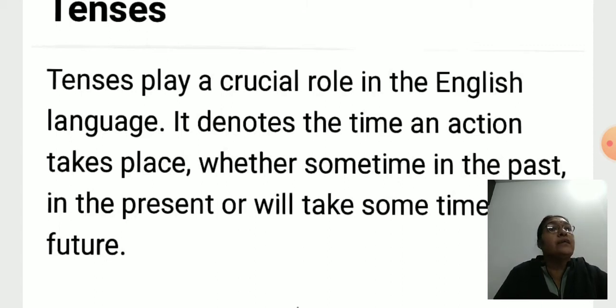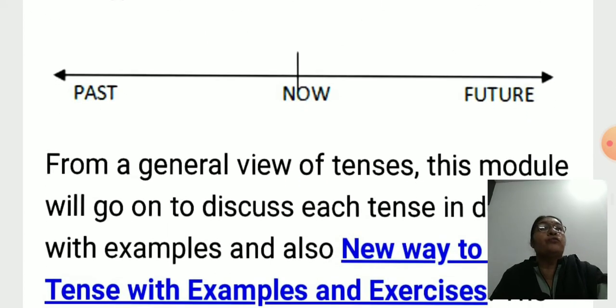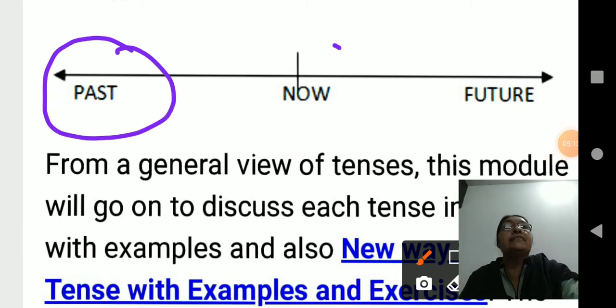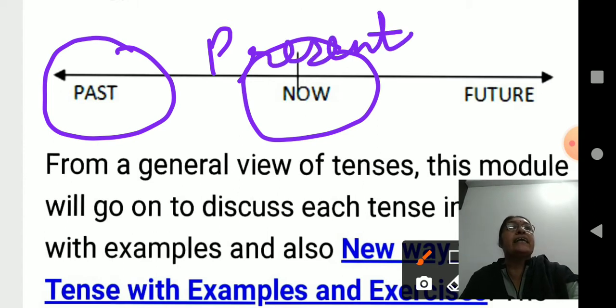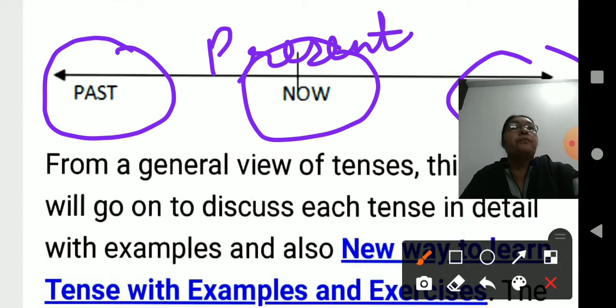Whether sometime in the past, in the present, or will take some time in the future. Look at that chart, बच्चे. This is the past tense, this is now, the present tense, and this is the future. Understand बच्चे? Past, present, future. Now we are in the present tense. Okay बच्चे? From a general view of